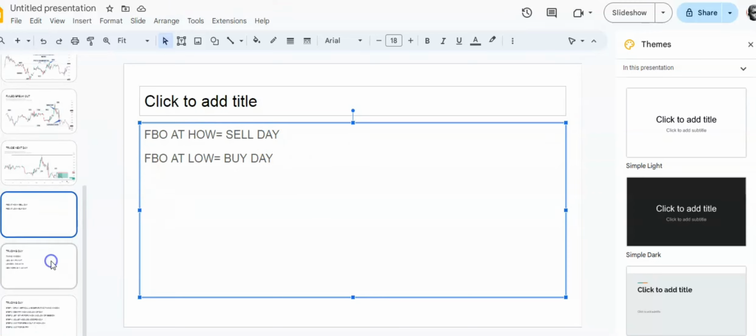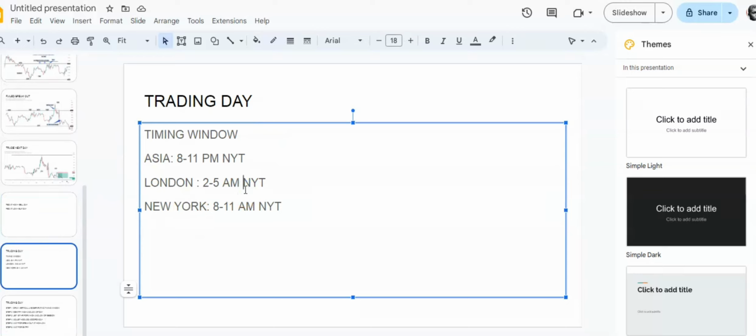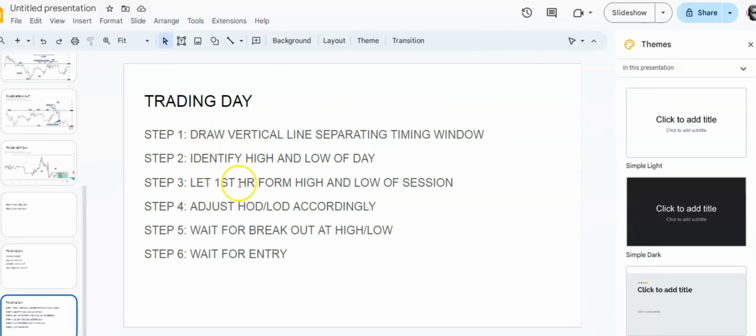Let's look at the trading day. On the trading day, we don't just come to the screen and trade anytime. We have a very specific trading window where we look for setups. In Asia, the time is 8 to 11 p.m. New York time. London is 2 to 5 a.m. New York time, and New York is 8 to 11 a.m. New York time. So on this trading day, this is the step-by-step process,